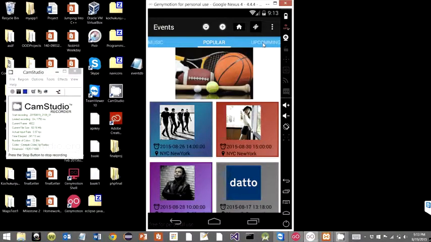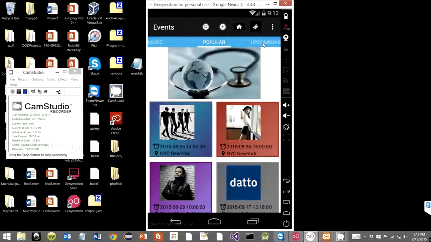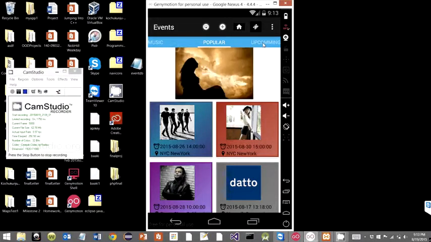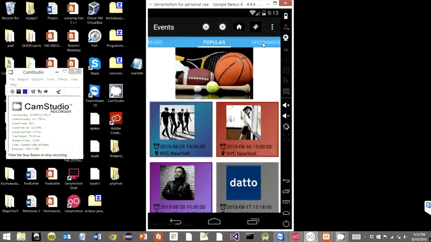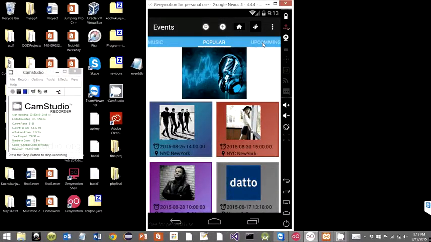Popular events in the sense of all the categories, the popular events that are there in the event portal as of now. Even this is in a recycler view, which is a grid layout. On top of it, you could see a slideshow coming up. It is a view flipper where I have put a couple of images.